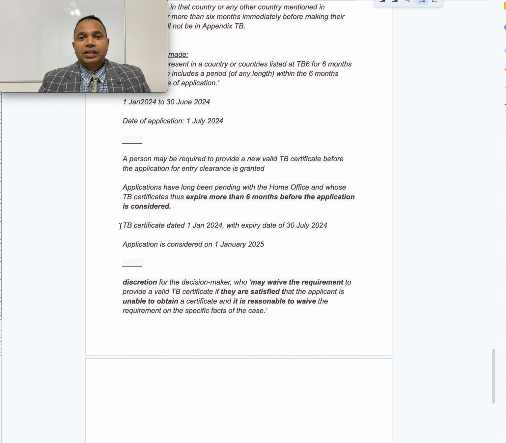So I will explain this one with an example as well. Let's say a TB test certificate is dated 1st of January 2024 with an expiry date of 30th of June 2024. So it's valid for 6 months, and whenever you file the application, it is considered by the caseworker. For whatever reasons there are delays and the application is considered more than 6 months after the expiry date,